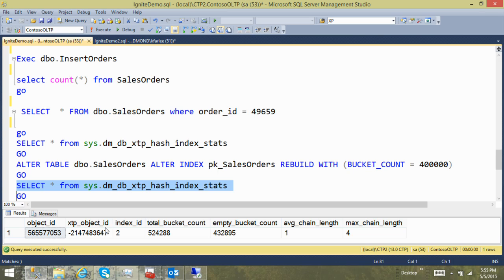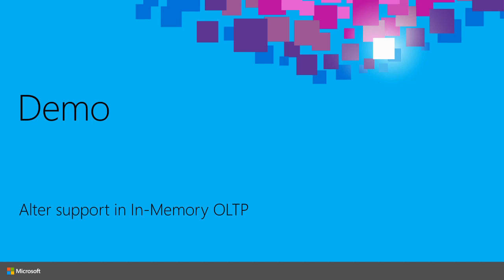Right. I think one thing I want to add is, if you wanted to change the bucket count in 2014, you had to move the rows out to some other table, a very painful operation. Okay, so